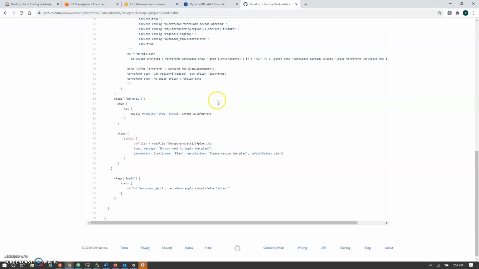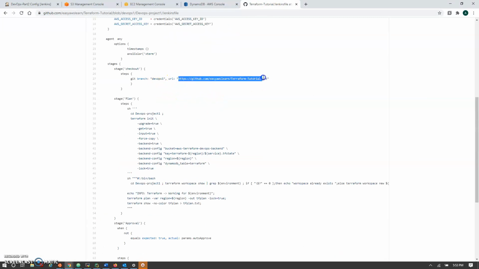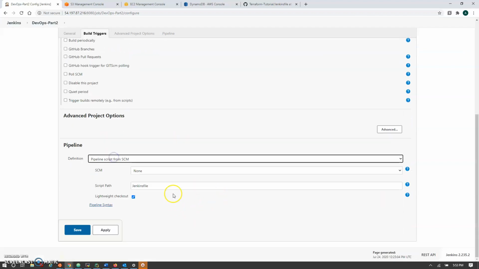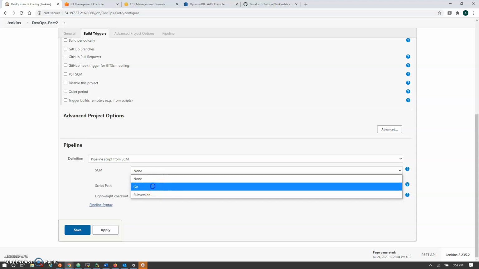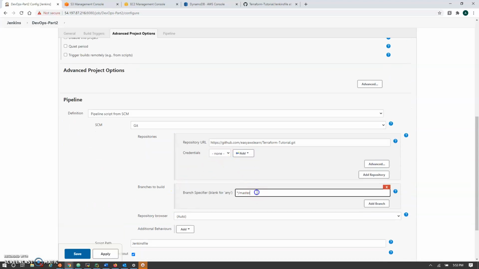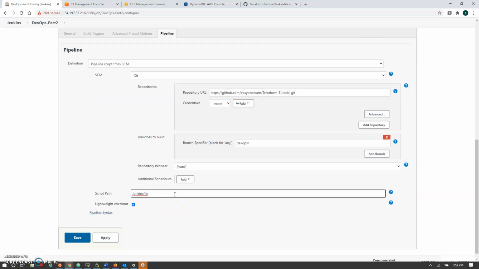Now I'm taking our URL for the cloning. This is the same repo. In pipeline script from SCM, we'll use git, and I'm passing the URL here. We have created one branch, which is DevOps. I'm checking out this branch, and there is one folder structure, DevOps project 1.